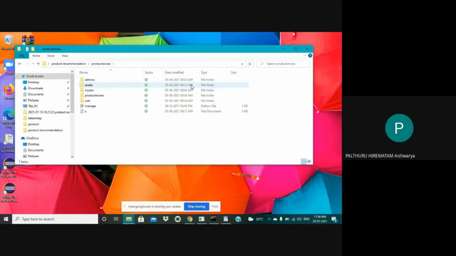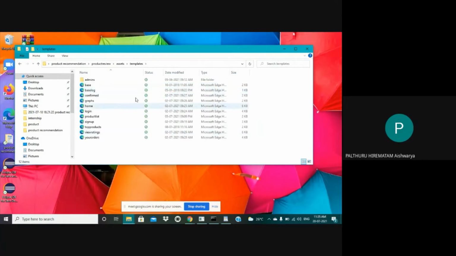Like front end pages. Here we can see this has three folders, which are media and static. In the sense of media, it contains all the front end photos and also the CSS files used for the front end pages. Here we can see the templates, as these are the HTML pages that we have used to show in the user interface. The user interface has a very important purpose, and it is easy for the user to interact with the system of our project.